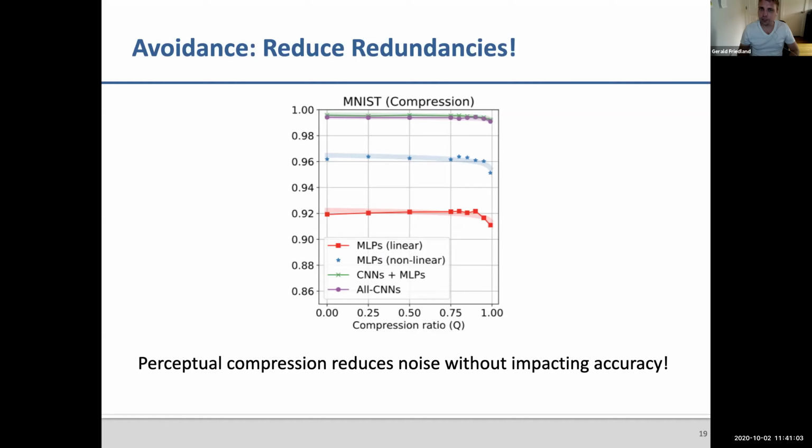However, there's a much smarter way to actually get rid of redundancies in multimedia data compared to just adding a lot of perceptual layers, because the perceptual layers also have to be trained and you have to get rid of them in the right way. And the way to do that is to use JPEG compression or any other information reducer where we know basically the integrity of the image is mostly preserved.